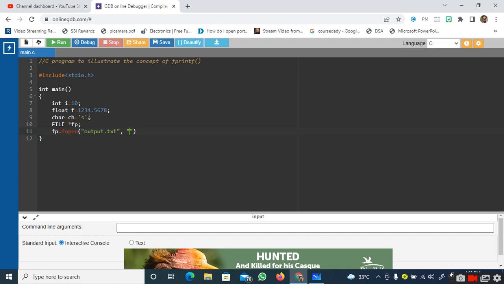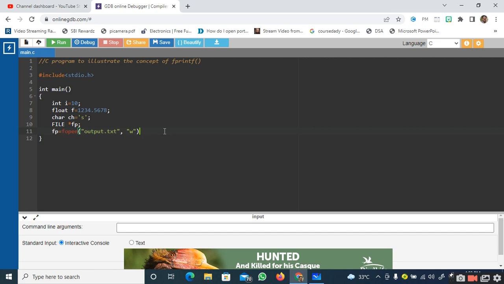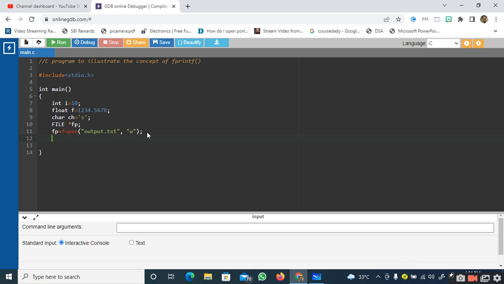Since I want to print the values onto the file, I want to open it in the write mode, or you can open it in the append mode also, nothing wrong in it. And please remember that the mode should always be enclosed in double quotations, whether it is the write mode, append mode or read mode.